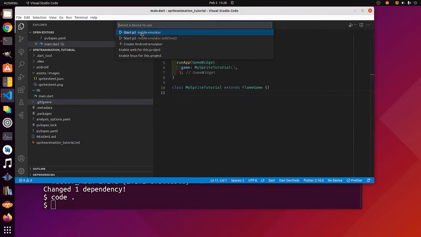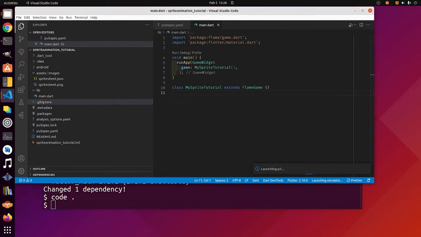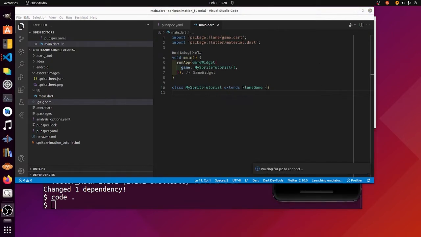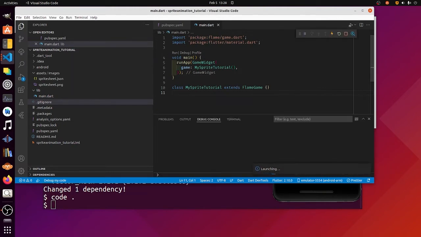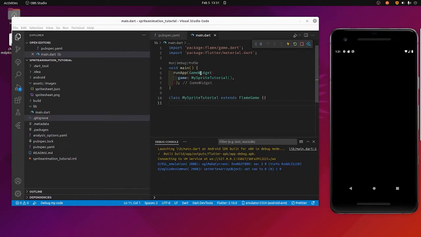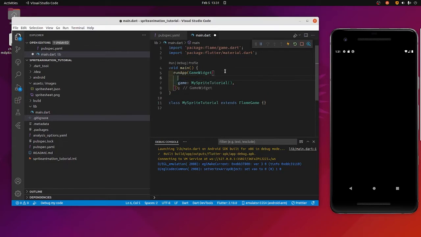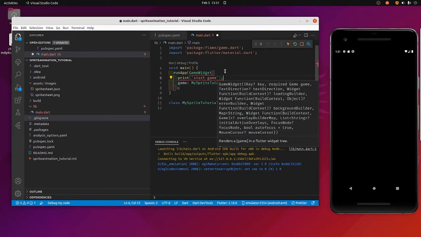Let's start up an Android emulator. I'm using a Pixel 2 emulator and see whether our game runs. It should be a completely black screen. Think of the completely black screen as a blank canvas for you to paint your creativity on it with your wonderful games. To illustrate what's going on, I'm just going to put a simple print statement into the main method,